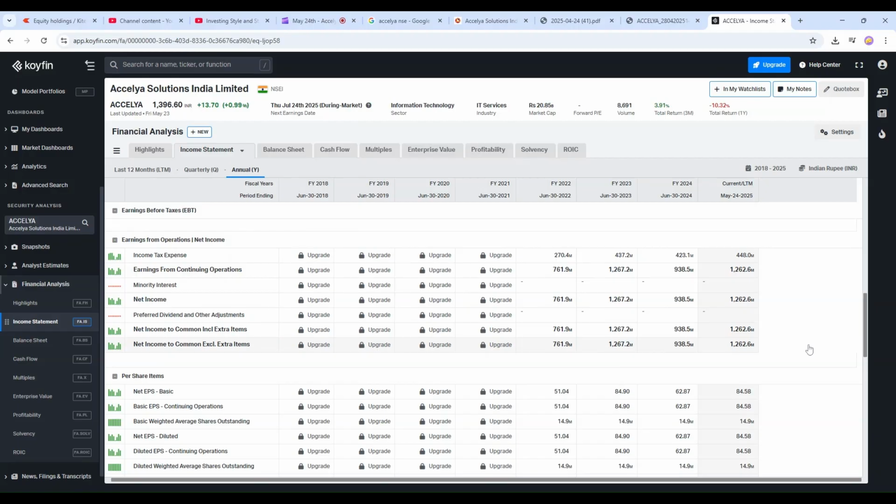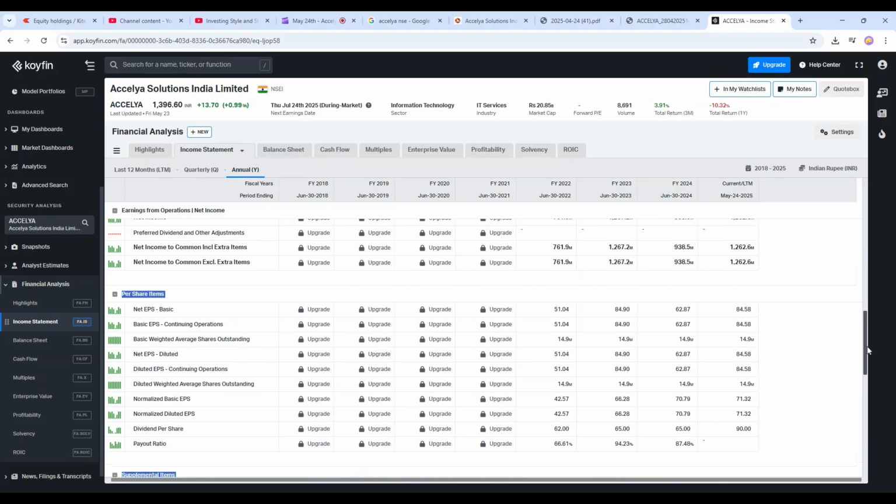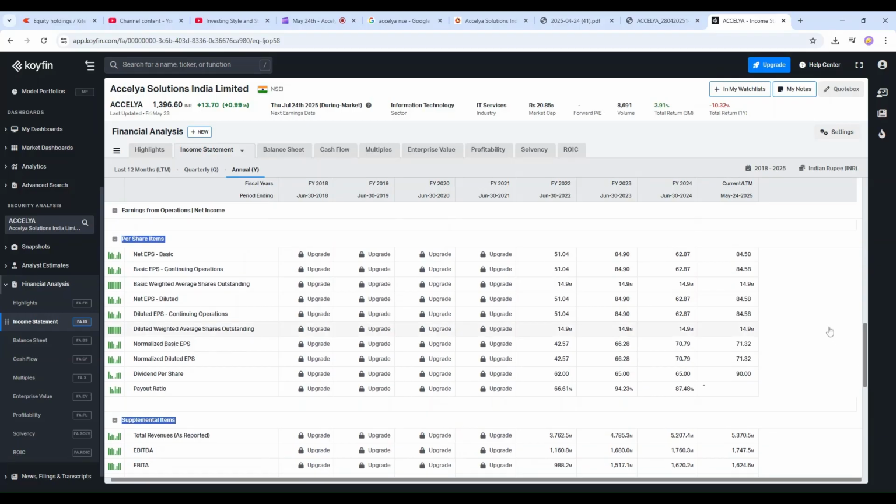Now I'm giving too much attention to that exceptional item because it's very easy to miss that. We can easily say the profit went down, but in reality the operating profit did not go down. It was only the other comprehensive income where the profit went down because of the exceptional item. In reality, they did not lose money by doing business. They lost money as the value of the asset they were holding went down. And that is not recurring. That is the point. It was a one time thing.